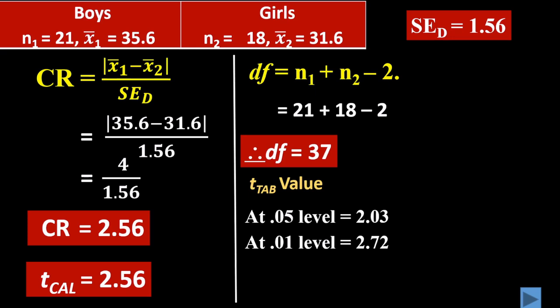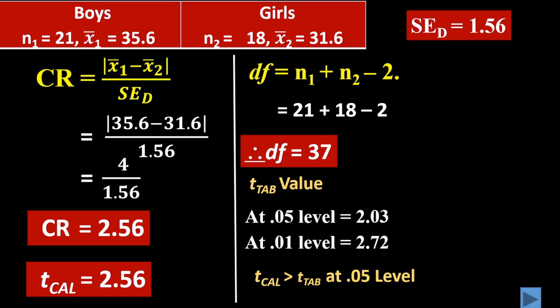We have to compare our t calculated 2.56 with these two values, and by comparing it, it is found that our t calculated is greater than the t table value at 0.05 level, because the required t value at 0.05 level according to the t table is 2.03 and our t calculated is 2.56. In such a case, if our t calculated is greater than the required table value, then the hypothesis is rejected. So in this case, the hypothesis is rejected at 0.05 level, not at 0.01 level,